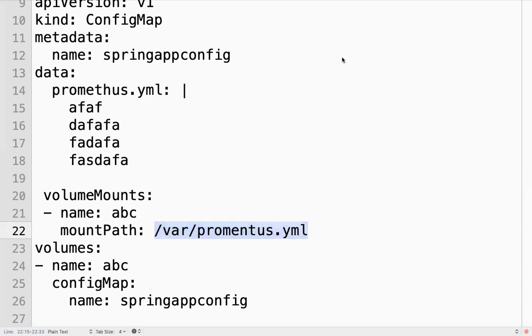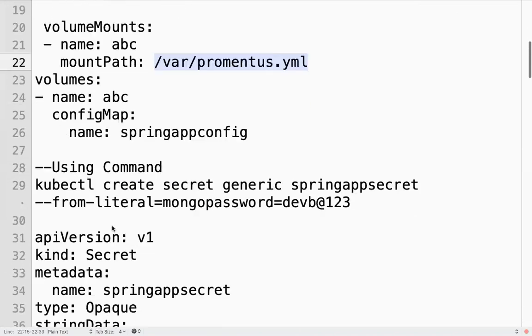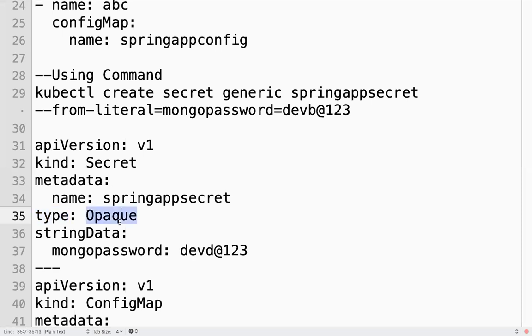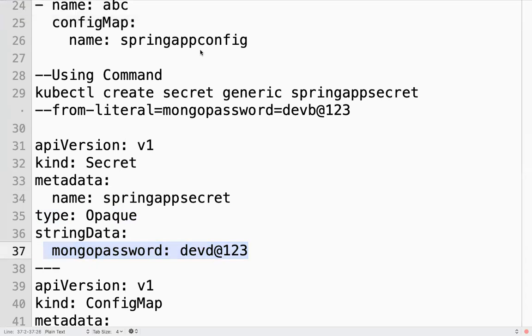So this is how you can use config maps also as values. If you know the algorithm, like what type of secret you used, you can encrypt this one also. It's a type of encryption algorithm. This is about config maps and secrets, guys.